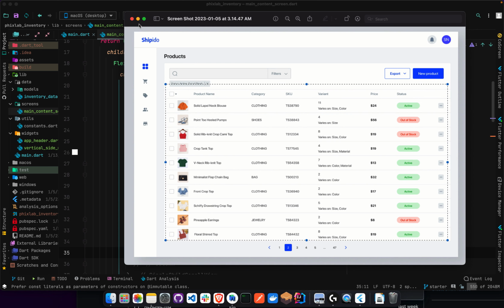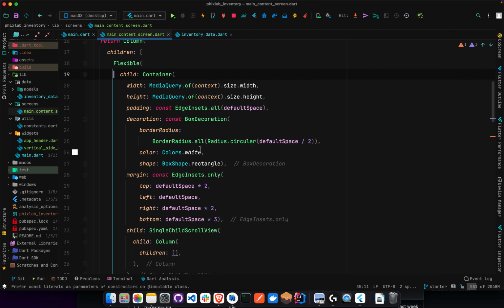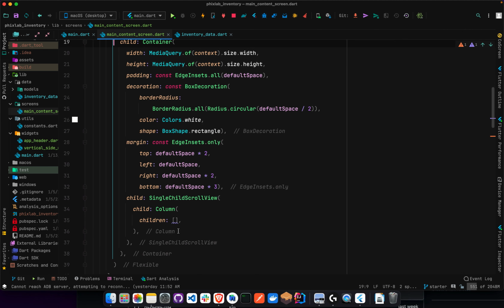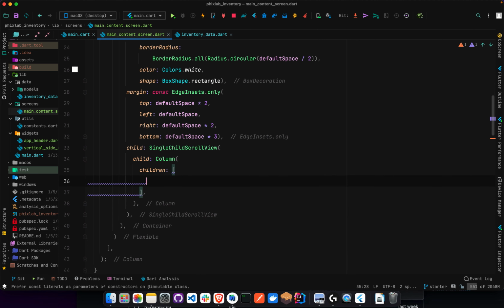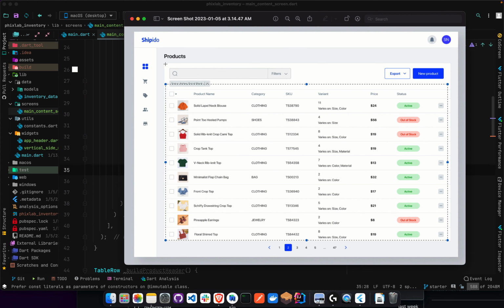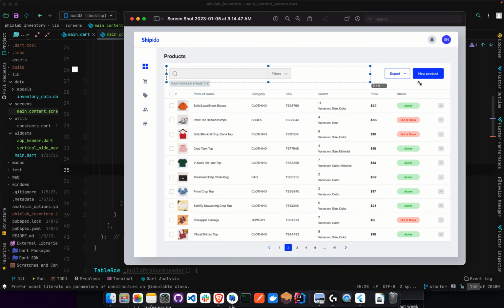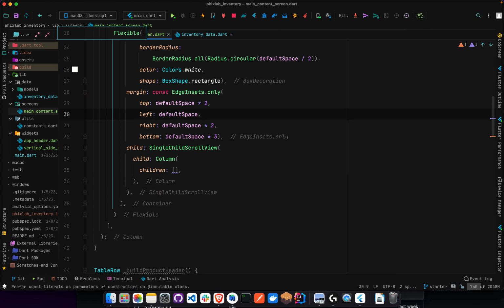And just for you to have an idea of what I'm going to be doing afterwards. All right, so we're going to be doing the next level of action here by adding that first item here, which is going to be this row that will have this information. So let's get